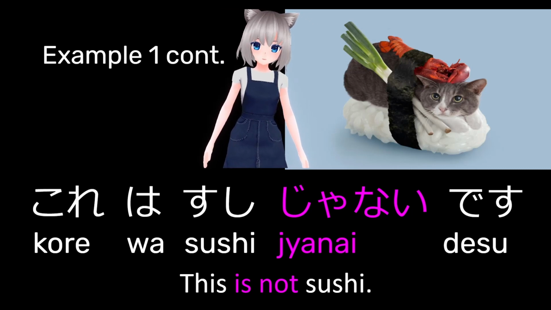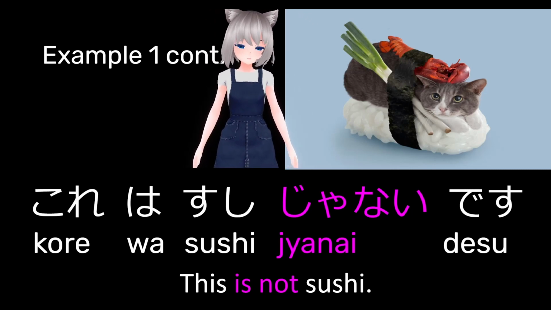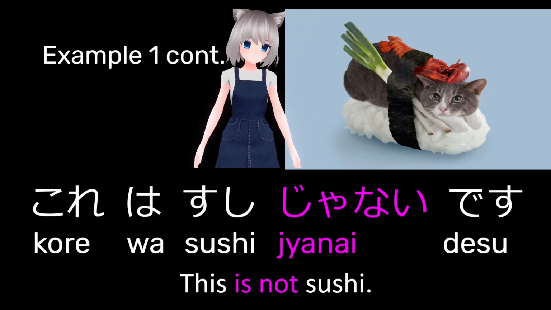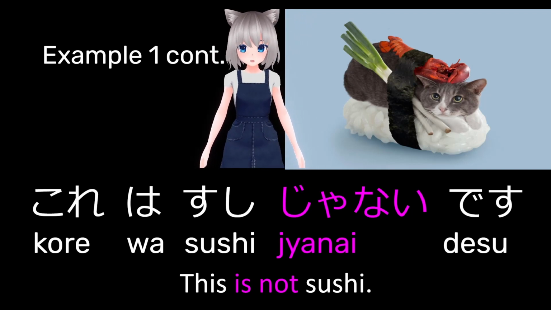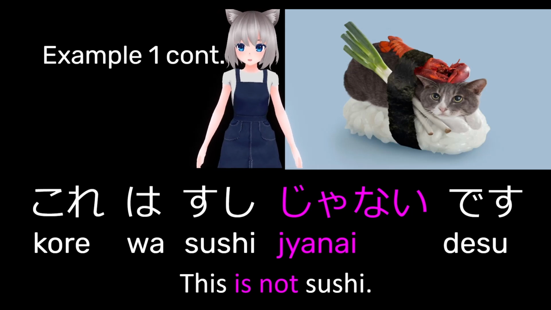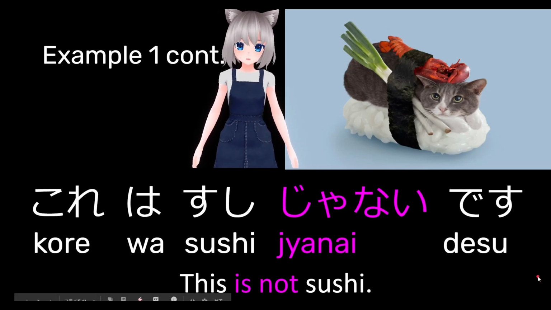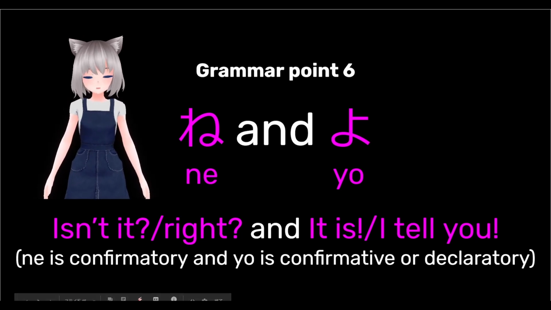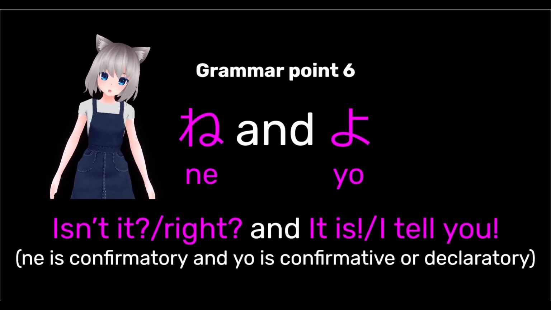What is it in Japanese? Does anyone know? A cat? 猫です。これは猫です。これは寿司じゃないです。これは猫です。